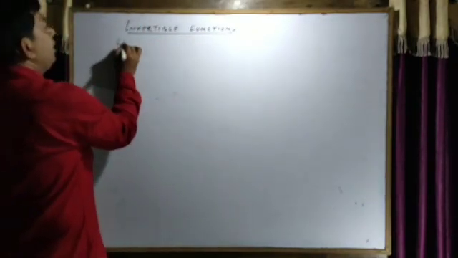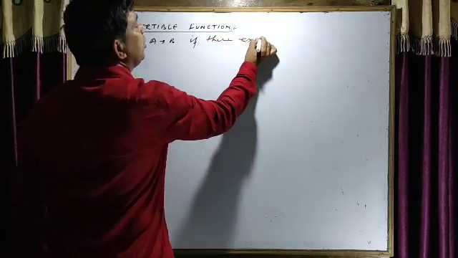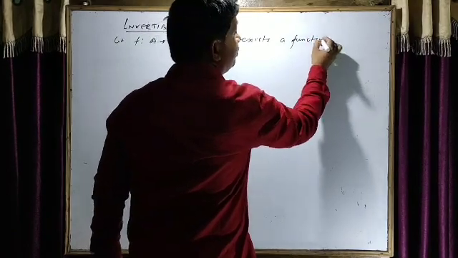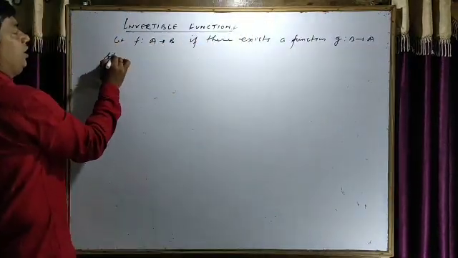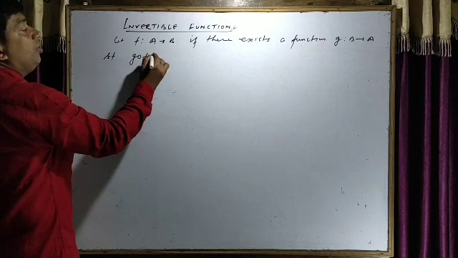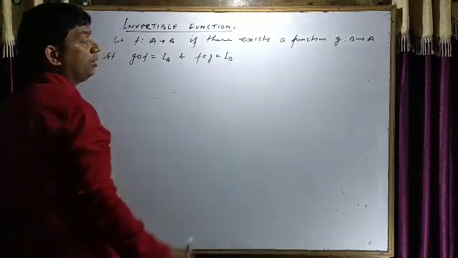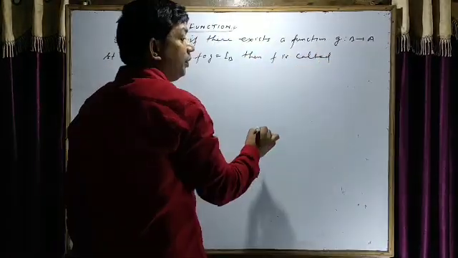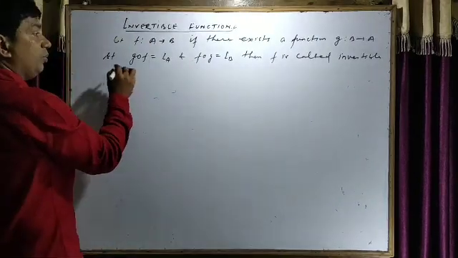Now let f be a function from A to B. If there exists a function g from B to A such that gof equal to IA, and fog equal to IB, then f is called an invertible function,